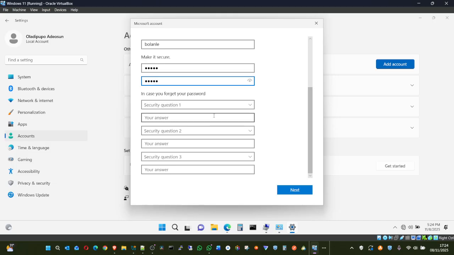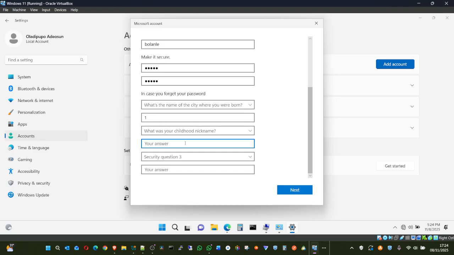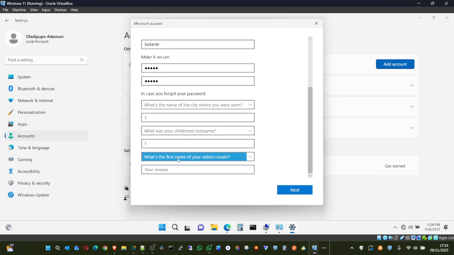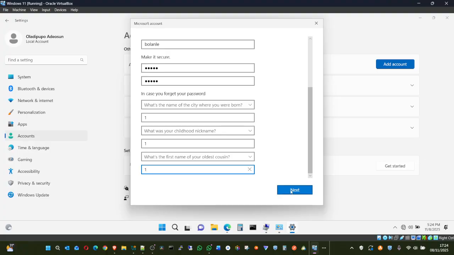Okay, in case you forget password, and so on, anything you want to type. Please don't use 11111. But for the sake of just passing this, I just use this. But you understand all of this that I'm showing, right?